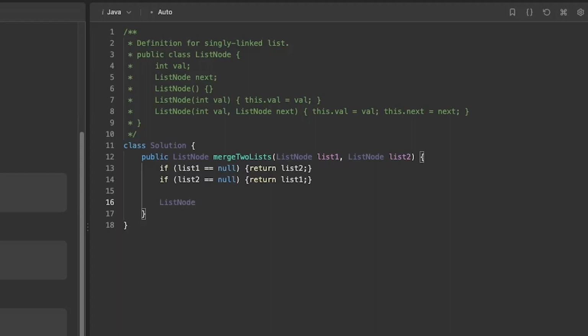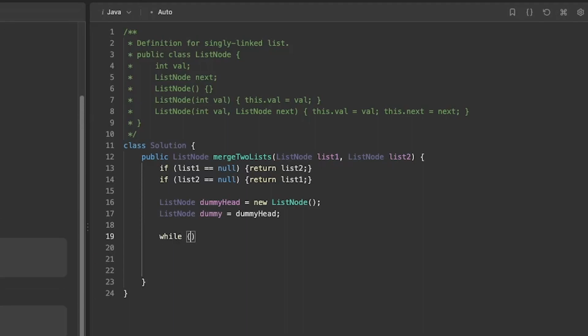Then, like I said, we need to make our dummy list. So we'll make a dummy head, which calls the default constructor. It doesn't hold a value, it's just a placeholder. And then we make a pointer so that we don't lose the place of the actual head, so we can traverse the lists. Okay, so we have our dummy head, and while list 1 does not equal null and list 2 does not equal null,